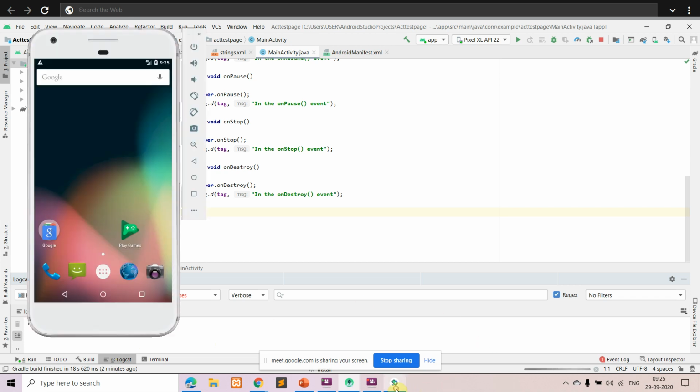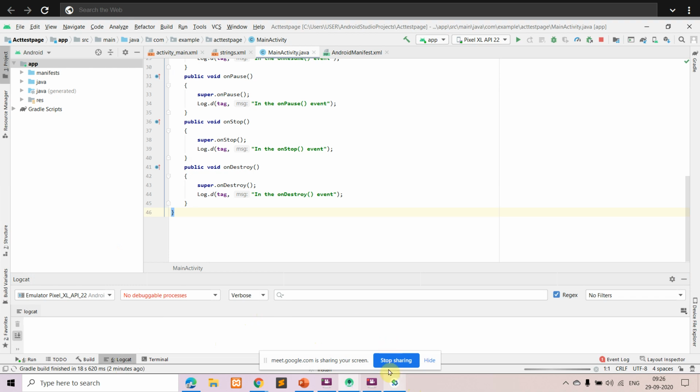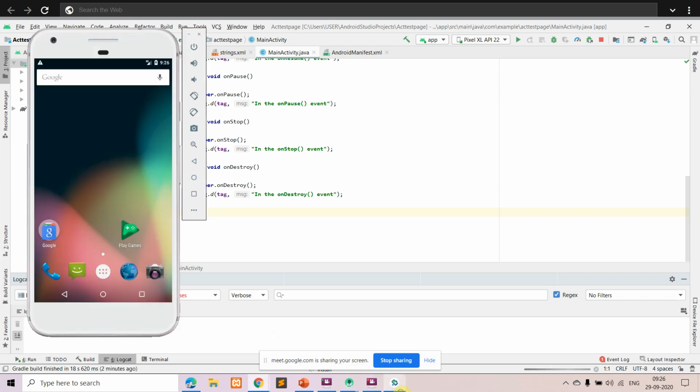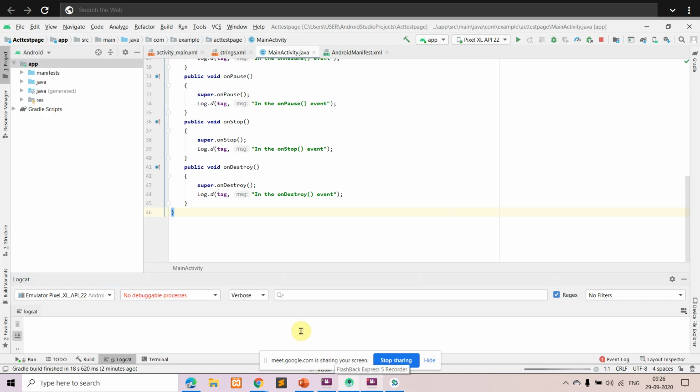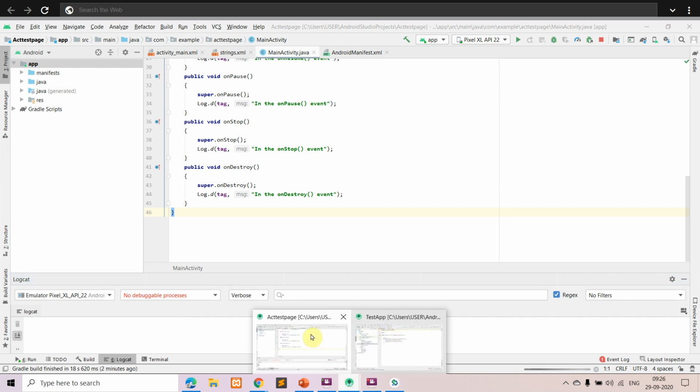All these events will be displayed. I don't know why it is taking so long. So shall we continue? Let it be going on. It's taking a lot of time.